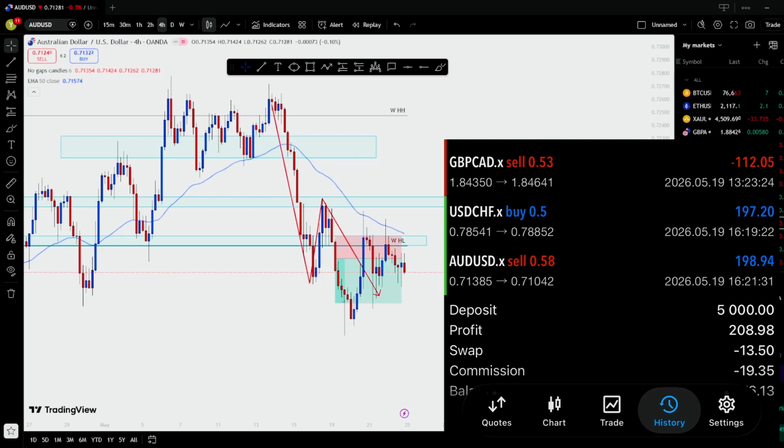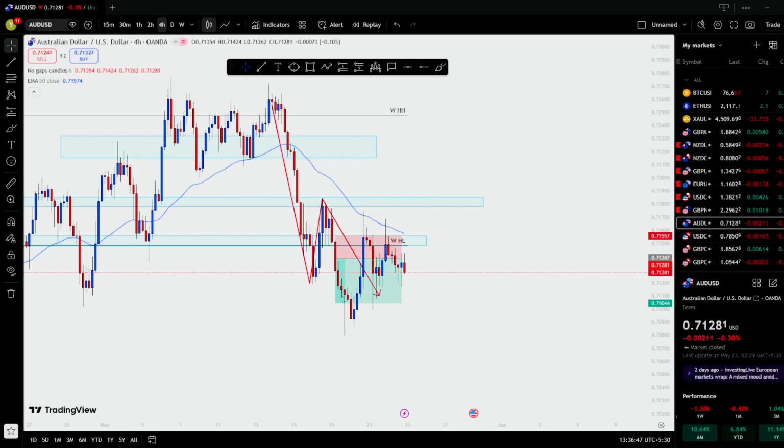I risked $100 on AUDUSD and walked away with 200. Not because I got lucky, but because the market told me exactly what it was going to do. Weekly bearish, daily bearish, 4 hourly bearish, 3 time frames screaming the same thing. I'm going to show you exactly how I read that, where I entered, and why this is the only way